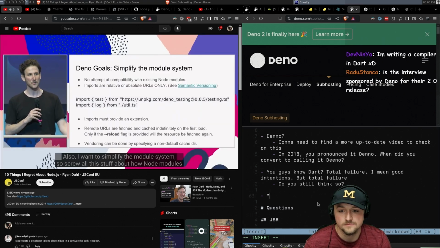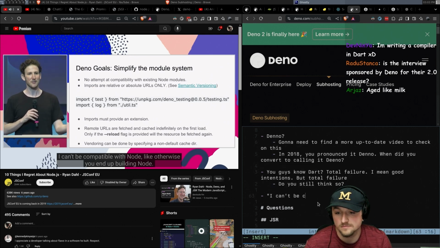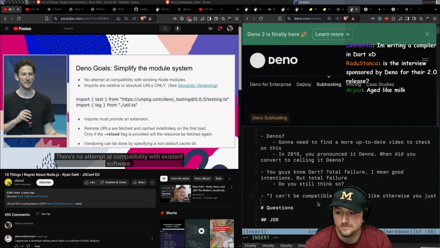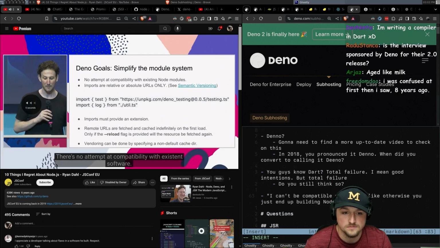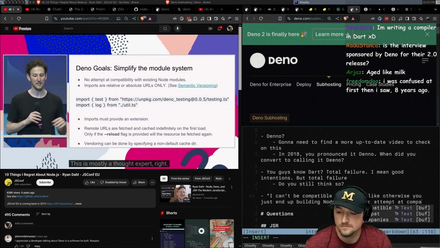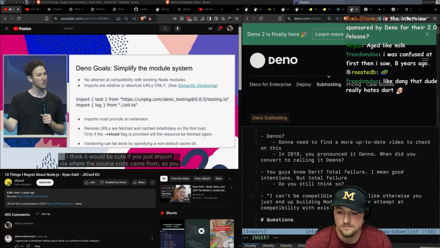You know, how node modules work. But by the way, I can't be compatible with Node. Otherwise, you just end up building Node. So there's no attempt at compatibility with existing software. This is mostly just a thought experiment, right? But I think it would be cute if you just